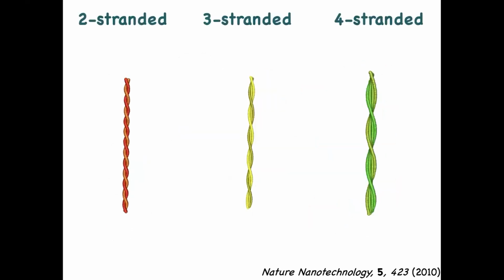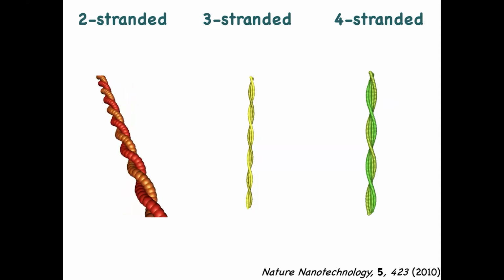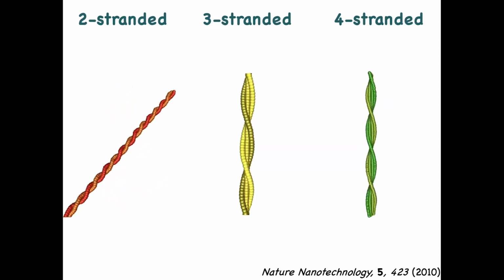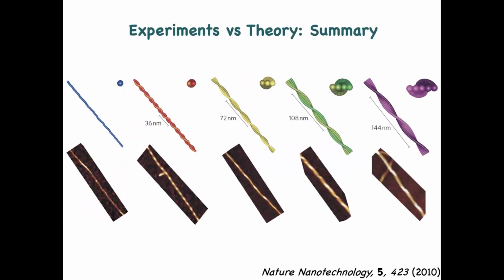This is a coarse-grained molecular dynamics representation. This is one of the first papers we published in the field. This is 2 strands, this is 3 strands, this is 4 strands, we see 5, 6 and more strands, and I have a summary here. Now, of course, the cross-section of these fibers is different, but the important thing to keep in mind for the remainder of the talk is that the twist angle is a constant. So if you have 2, 3, 4, 5 strands and so on, the pitch divided by the length is